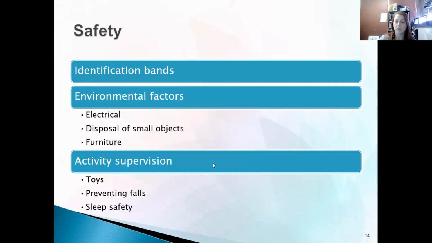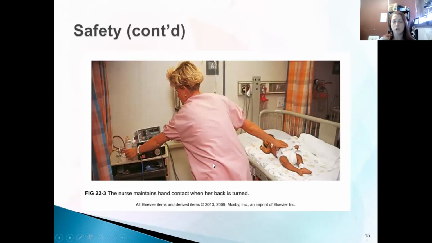So thinking about what that looks like. So this is an open crib. These are used only until kids are rolling over. And the picture here is demonstrating the safety if you're stepping away from the bedside. So the crib rails have to be up if you're stepping away from the bedside. Even if you think that this is a baby that is not rolling over yet, and you're like, oh, they're not going to roll off the changing table, they will somehow wiggle themselves off,